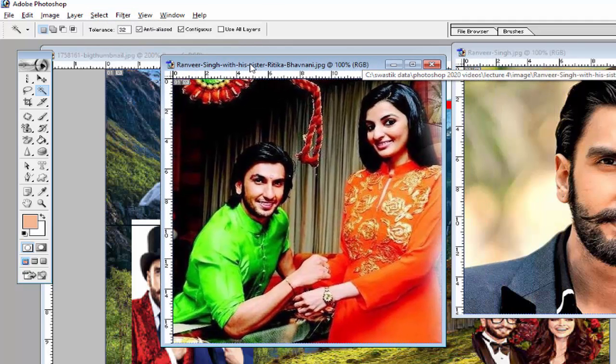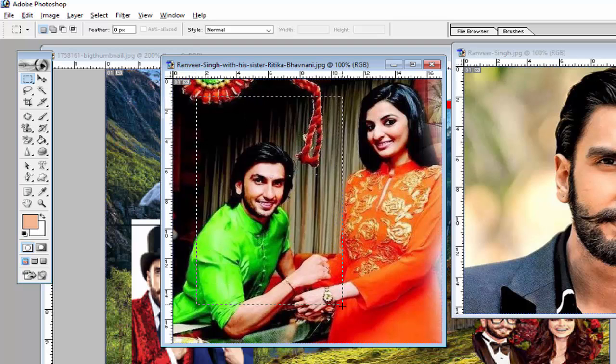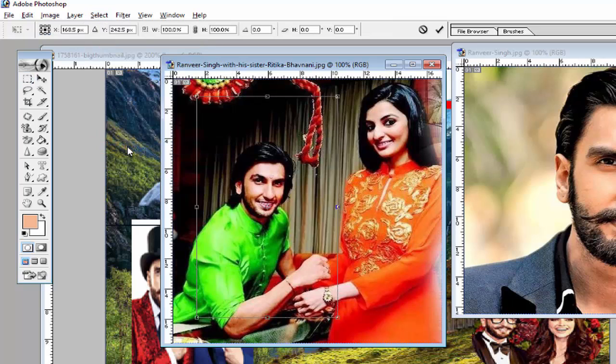First of all we will select the rectangle marquee tool and select the image like this. If I want to increase or decrease this selection or rotate it, if you want to make some changes in this selection, use this option transform selection.